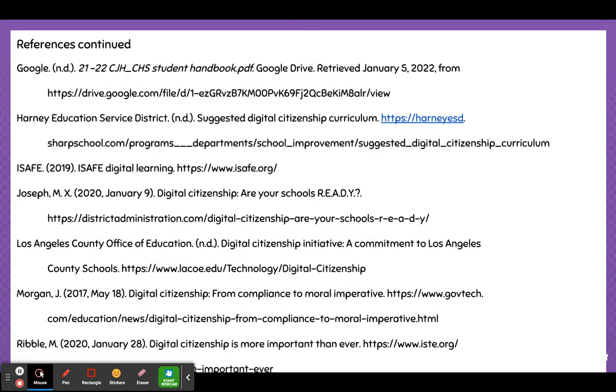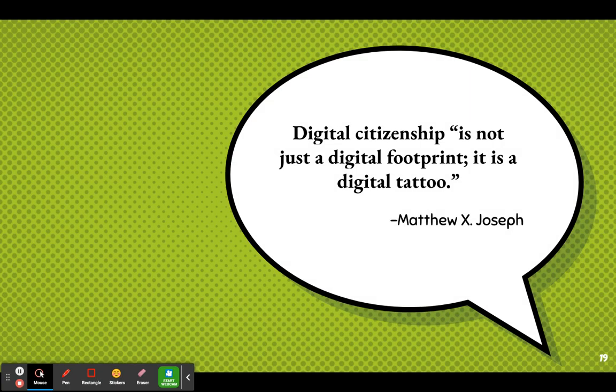Here are my references. And then I found this quote by Matthew Joseph that I really liked, and I feel like our students don't get the depth of this. Digital citizenship is not just a digital footprint, it's a digital